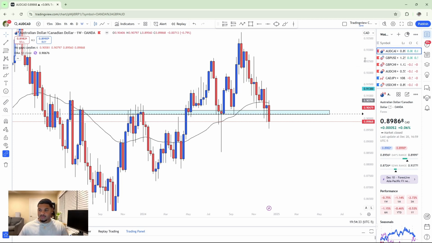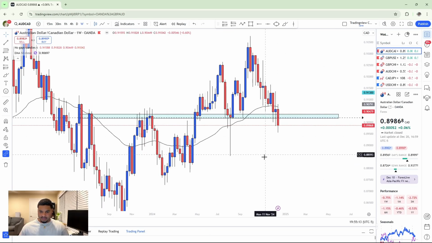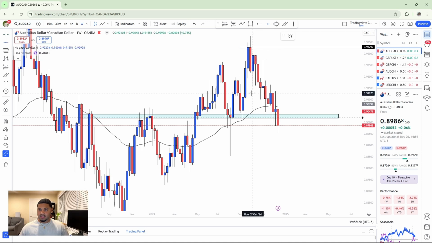But I'm not going to waste too much of y'all's time, so let's go ahead and jump into it. The first one is AUDCAD. As you see here on the weekly, we are bearish. This is how we're looking. This was the higher high. This was the higher low. Price ended up breaking under,